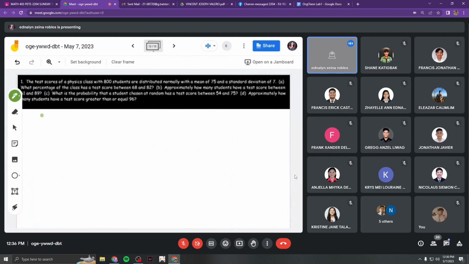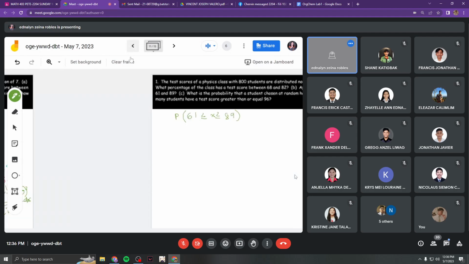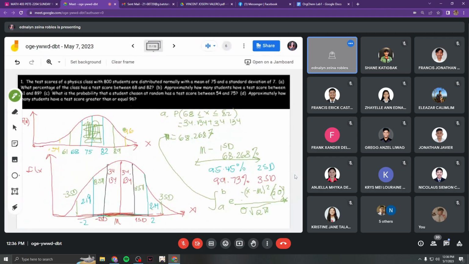Ano yung sagot? Based on the graphs provided, based on the diagram provided,